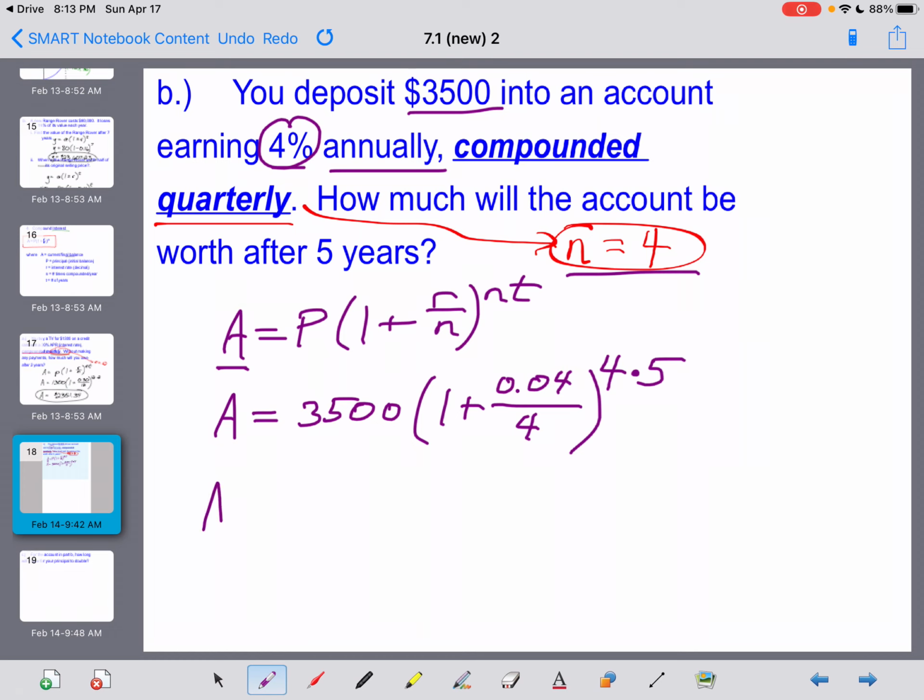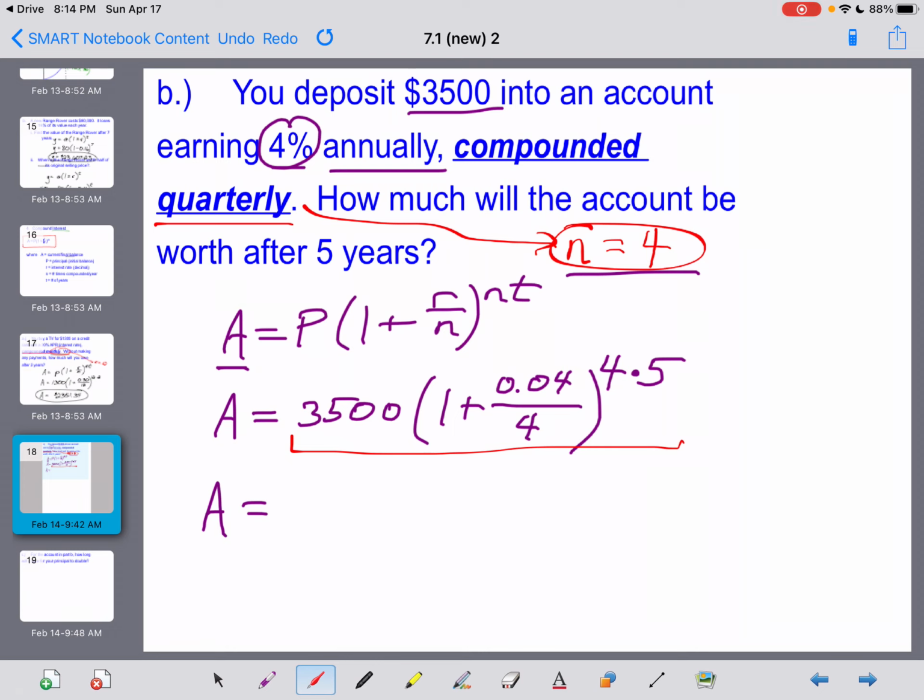So we've seen quite a few problems like this in this section already. Everything on the right-hand side is a constant. There's no variables here. So we're just going to type all of that into the calculator at once. So I've got my calculator here. I can't show you guys this, but hopefully you can do this with me and you'll get that same result. I'm typing in just like it looks, 3,500, and then in parentheses, 1 plus 0.04 divided by 4. We're going to close our parenthesis there and then take that to a power of